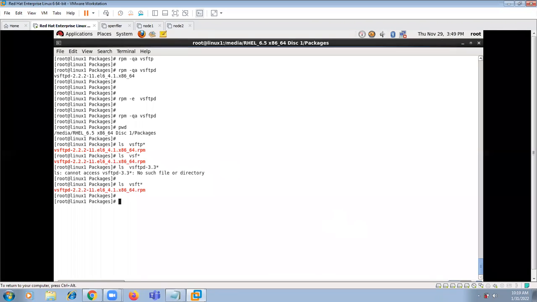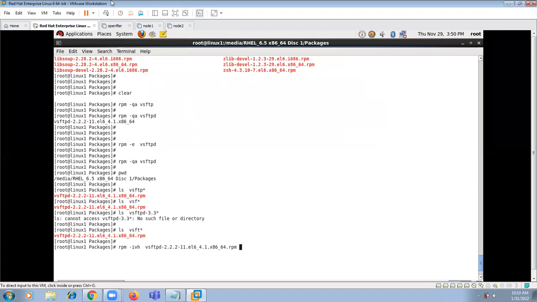If you want to install the package, rpm -ivh and the package name, vsftp and tab key, it will complete automatically. So by using rpm -ivh, we are trying to install this package called vsftpd, where i means install, v means verbose, and h means